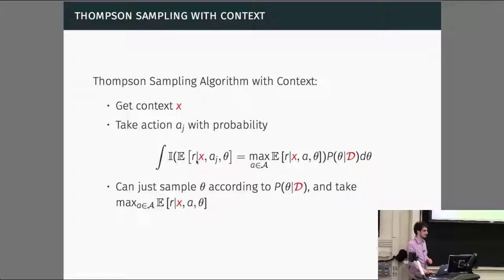Why is context not inside our data? I mean, why does theta not depend on the context? It does. Very good question. X is inside the data. Yes. Sorry, I should have mentioned that. That's why I made the data red. So the data now concatenates the context as well as the rewards. So the data depends on both. Yeah, sorry. I specifically made that red to point that out. Okay, so this doesn't really tell you what distributional assumptions to make given the context, but that's up to the particular problem and what priors you want to assume.